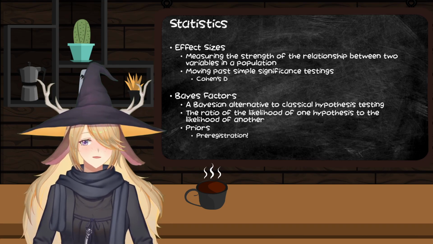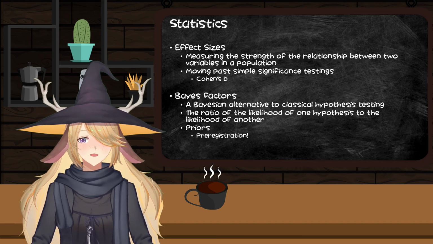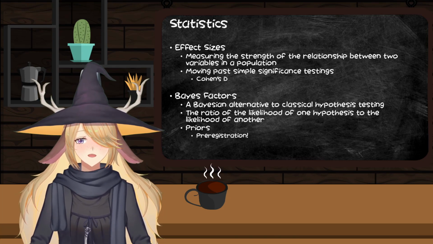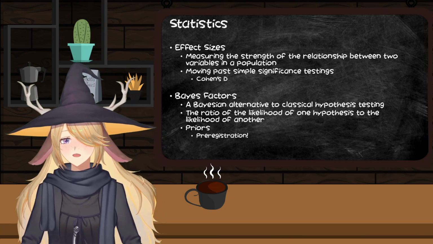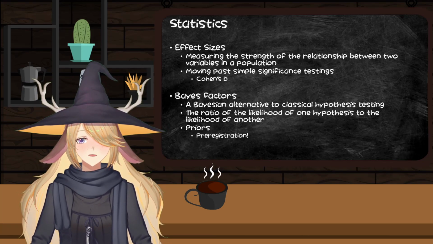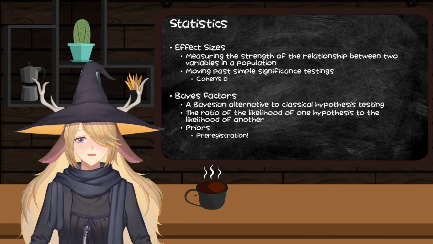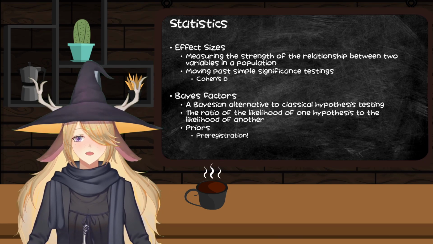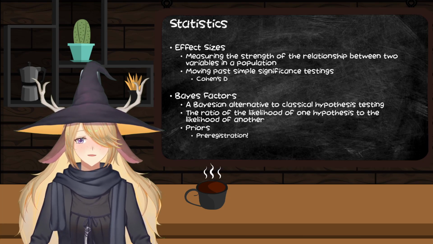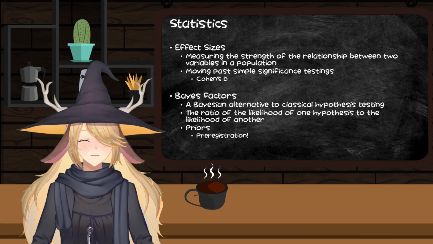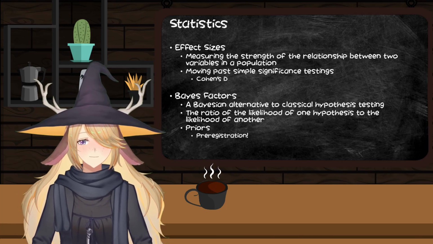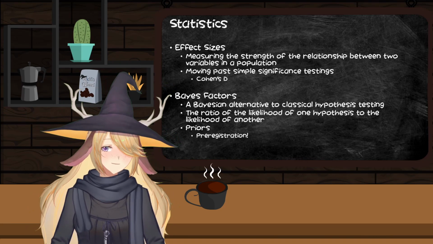So, what they require is the likelihood of one hypothesis relative to another. We call these priors. When I want to do a Bayesian analysis, I have to specify what I think the relationship between these variables should be, and then it gives me a figure that I interpret as the relative degree of evidence for one hypothesis relative to another. So I have my prior, which means that before I can even run that analysis, I have to have thought about what I think that result might be.